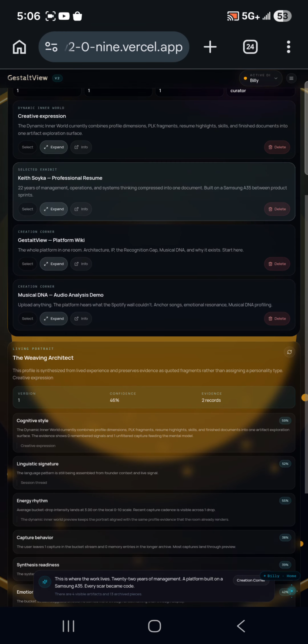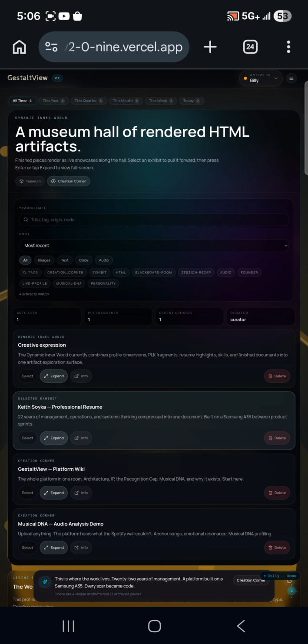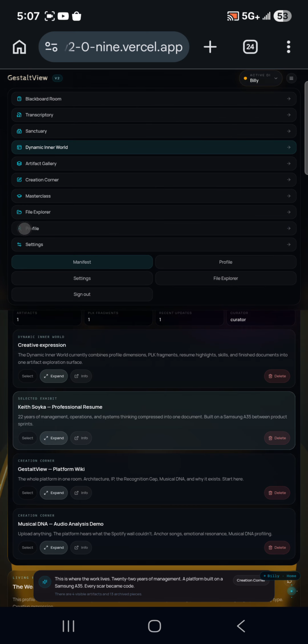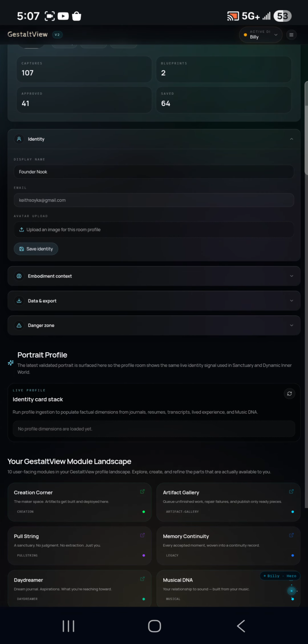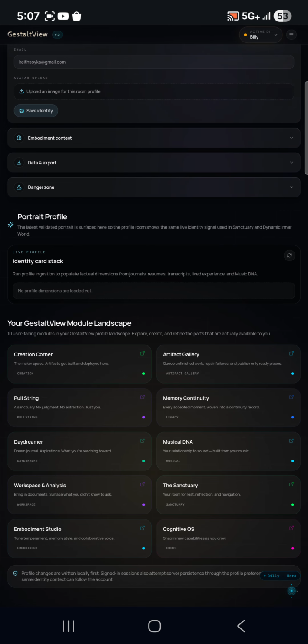And this is synthesized and rendered within the user's profile. But again, I'm having an issue because this has to do with retrieval from the database. So I do have a feature where